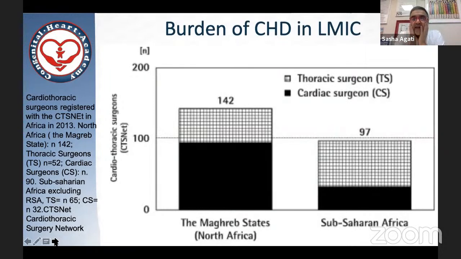And again, this makes sense of our activity. This is a photograph of the number of colleagues in North Africa compared to South Africa. And here the situation is about more or less 100 cardiac surgeons in the north of Africa compared to about 35 adult cardiac surgeons. The paper doesn't separate cardiac surgeons and pediatric cardiac surgeons, but this trend, of course, confirms